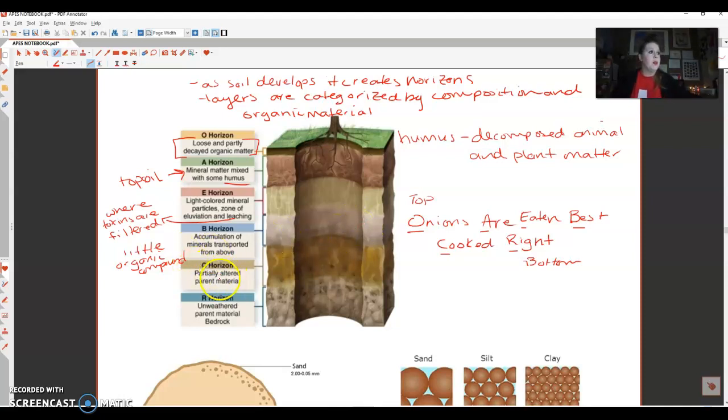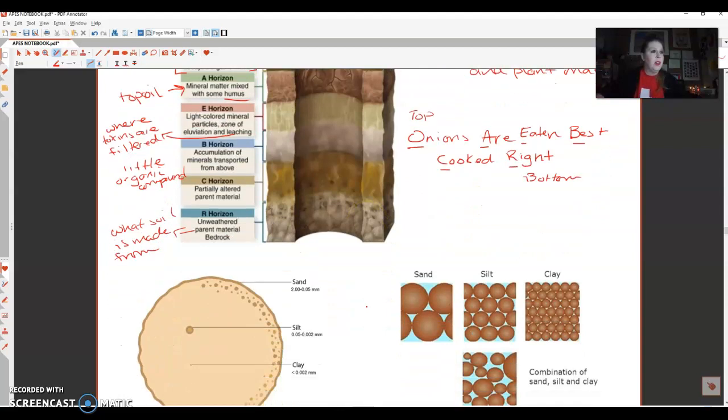So the C horizon is partially altered parent material, and then we have the R horizon. This is the unweathered parent material, the bedrock. Okay, so remember, parent material is what the soil comes from, what it's made from. So the R horizon is legitimately rock. Okay, all right, so moving down here,